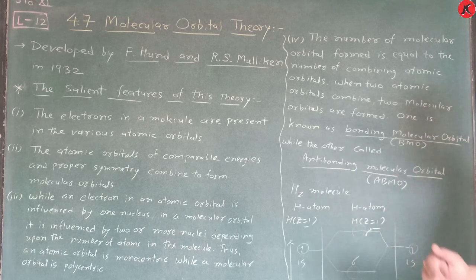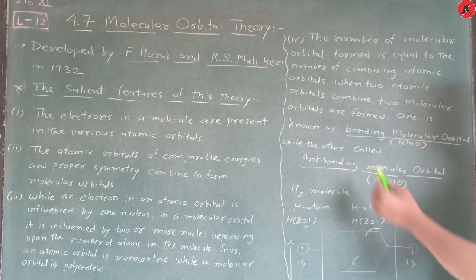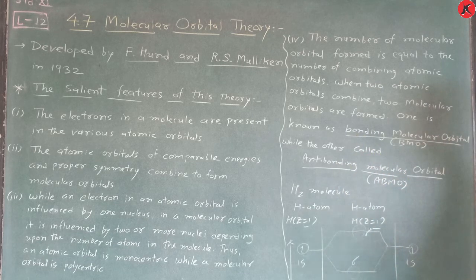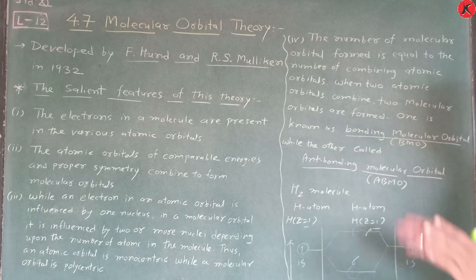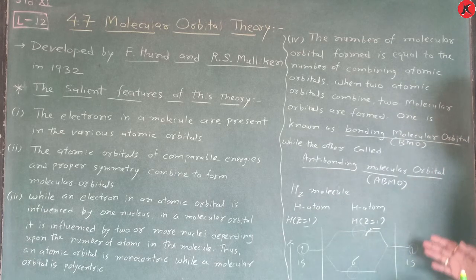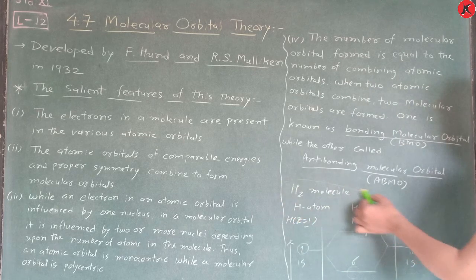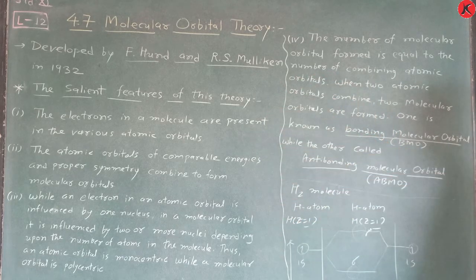The other is called the anti-bonding orbital due to repulsion. This is due to attraction and this is due to repulsion. That we will learn later on in LCAO in detail. Don't bother, at that time you have to remember this one. So write it completely here, and this is only for information. You have to remember these salient features.